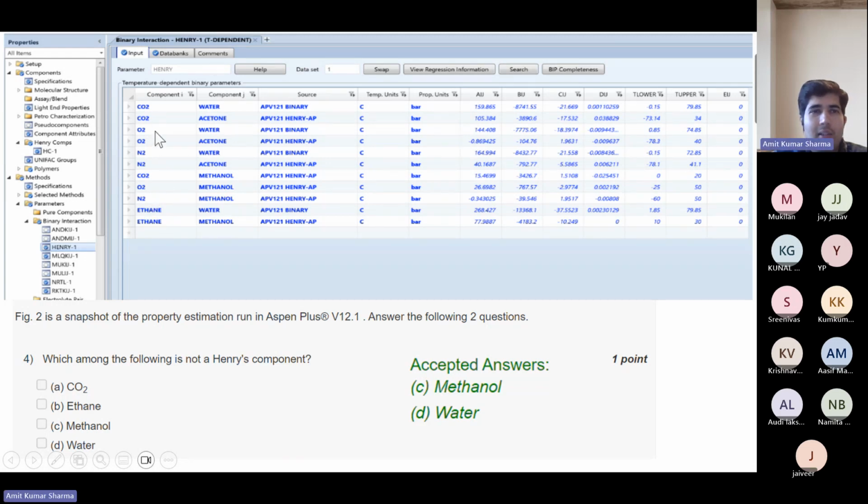So these are the relation with these component J. So the component I section doesn't have methanol and water, and the other components like CO2 and ethane are there. So these are the Henry's components in relation to these solvents. So the non-Henry's components are methanol and water.